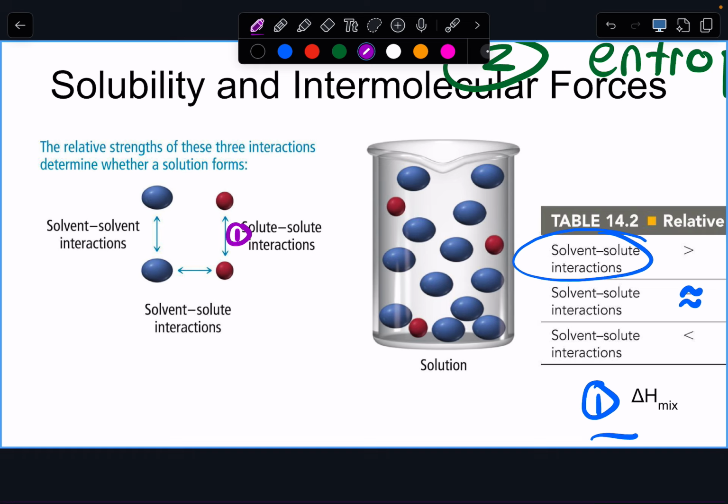So if you've got sodium chloride, those are ionic bonds. Those are really strong. So in that instance, your number 1 is going to take a lot of energy. Step 2, breaking apart the solvent. Let's pretend that's water. That's also going to take a lot of energy to break apart those water molecules because